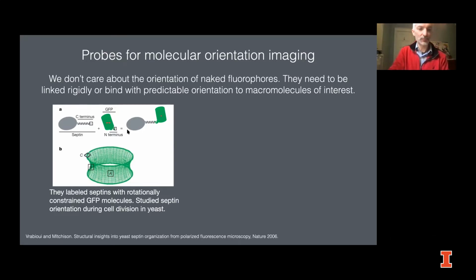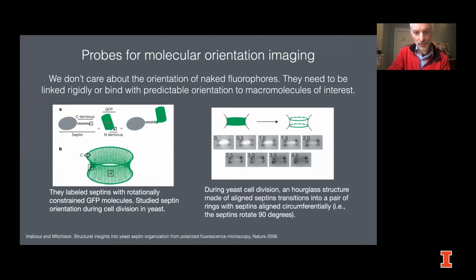It's telling you that this septin is oriented orthogonally. Okay, and so Tim Mitchison at Harvard had a very nice paper in Nature in 2006, where they made this septin rigidly linked to a GFP and used a basic single view polarized fluorescence microscope, varied the polarization of the illumination, and they were able to show,